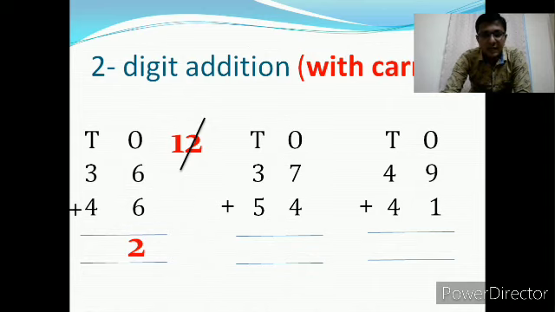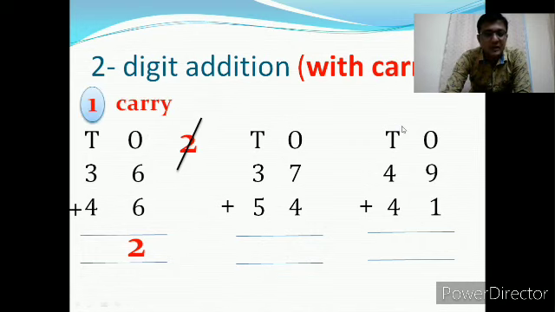Again, whatever is the tens place digit, that is 1, you take it as a carry over the tens place. So that is the carry. So 2 I have struck off and written here, and 1 whatever was there I have written in the tens place. That is a carry. Next, adding this 1